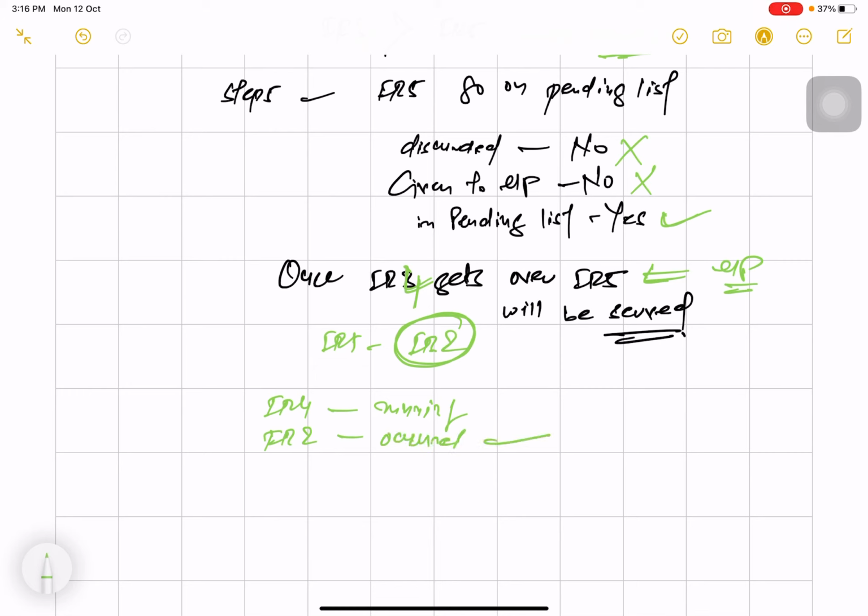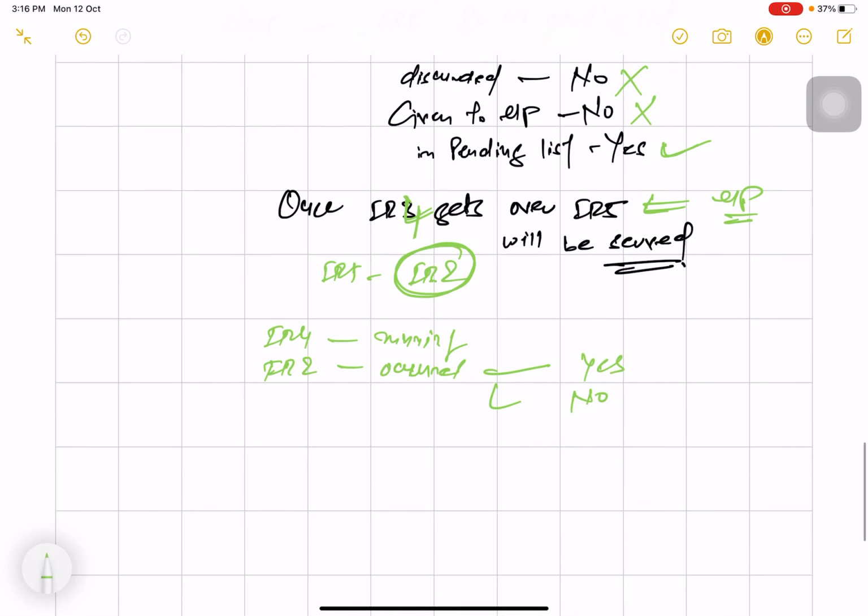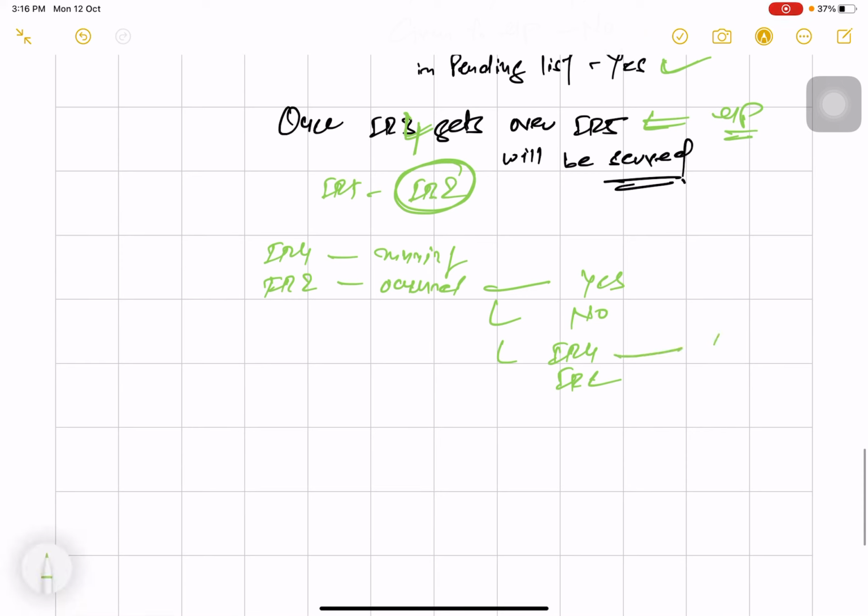Now it will check: IR2 has higher priority, yes. Is it masked? No. Which one is running? IR4. Which one has higher priority? IR2. So it will stop IR4 and give IR2 to the microprocessor, and IR4 will go to the pending list. This is how my microprocessor handles the interrupt using the 8259.